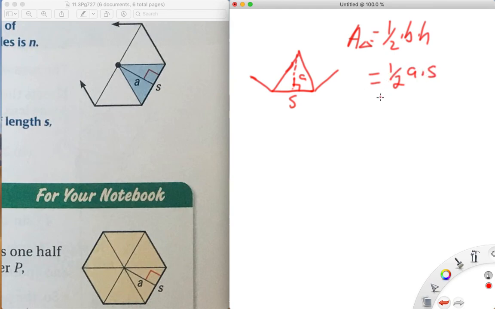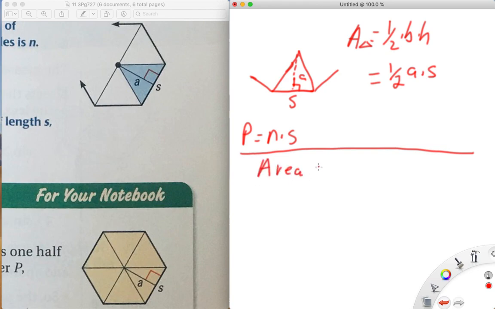That's only for one triangle, but we have, in this case, what looks like a hexagon. We have 6 of these triangles. So what we do is we find out what the perimeter is. The perimeter is just multiplying the number of sides, in this case of the hexagon we have 6, times the length of the side, and that will give us our perimeter. So if I want to find the area of the whole regular polygon, as opposed to just one triangle,